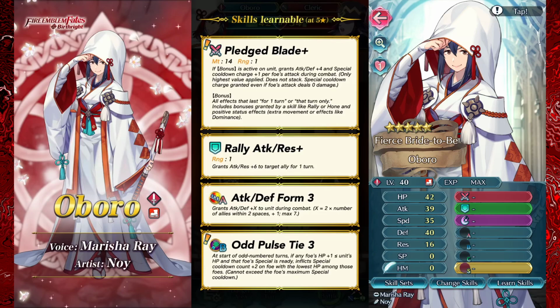Now, Odd Pulse tie is very similar to Even Pulse tie. As mentioned in my video about Even Pulse tie, they don't really explain that this only targets characters with the special ready. So for example, if you deal with two enemies, one of which has 40 HP, one of which has 42 HP but a spec ready, it will skip the 40 HP because the spec is not ready and hit the 42 HP, granted you have enough HP for it. So the skill is a bit better than what it first appeared,